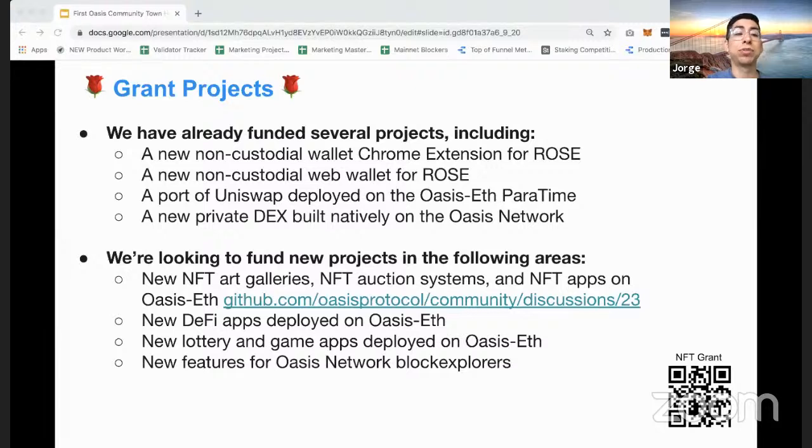We also have new lottery and game apps that we're encouraging to be developed on the network, as well as new features for our Oasis network block explorers to make it more insightful and more relevant to our community that's looking for key insights into transactions, nodes, validators on the network. So I encourage everyone to check out our links for the grants and apply with your projects as soon as